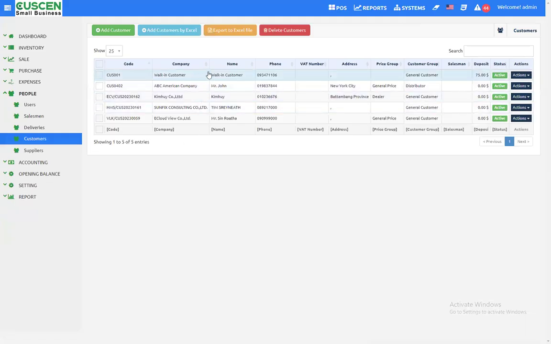Now we'll be going into people and we'll be looking at customers here. And as you can see, these are all our different active customers. So for example, we have Mr. John, we have walking customers and so forth. And the reason we'll be looking at this is because we're going to apply it in the sales orders. So for this example, we'll be using Mr. John, and then we'll go into sales, sales order, add sales order,